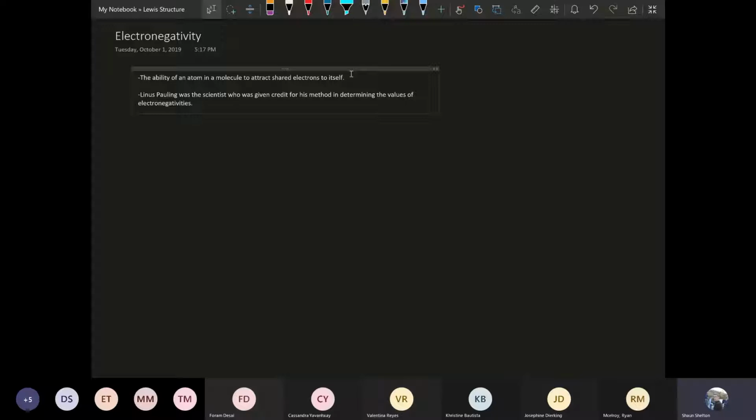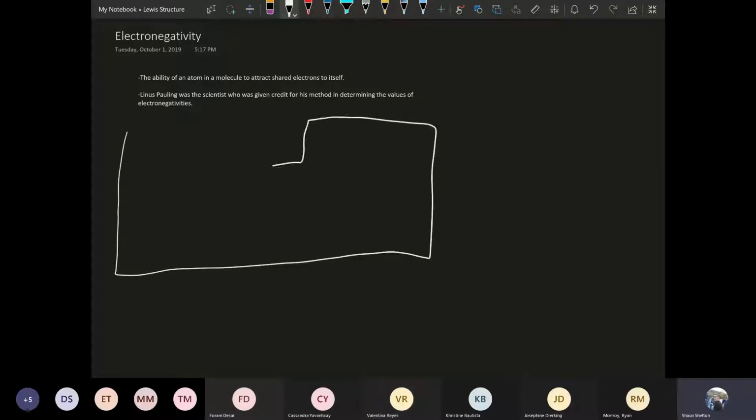So you do not have to worry about the values at all. What you have to do is basically have an understanding of electronegativities. Now, I'm going to give you a general idea of how the trend is on the periodic